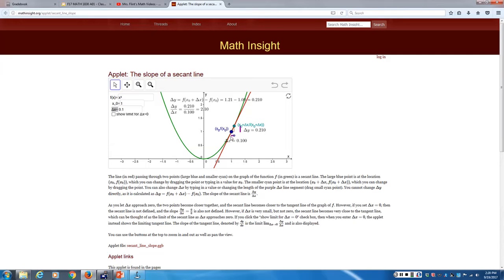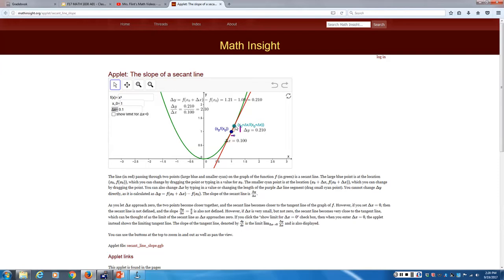Because the first point is 1, 1, and the second point is actually 1.1 and 1.210. So are those 2 points closer together